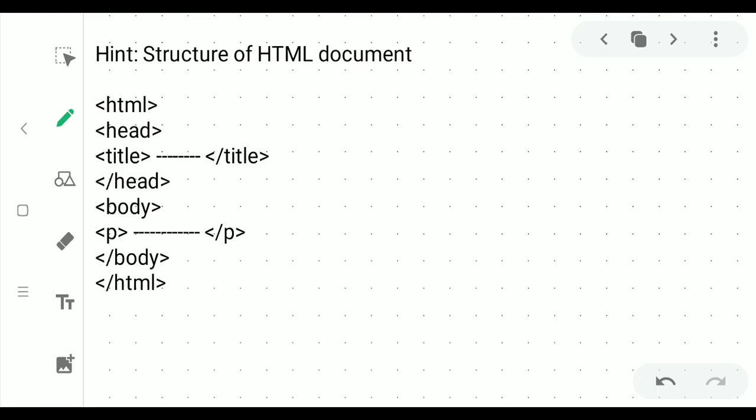So I want you all to create a HTML document by inserting a small paragraph of about 5 to 6 lines on any of the topic. For example, impact of computers on science and technology, and the impact of computer technology in education, or different general topics apart from the COVID-19, the current situation. I want you to do for the rest of the topics on your own.